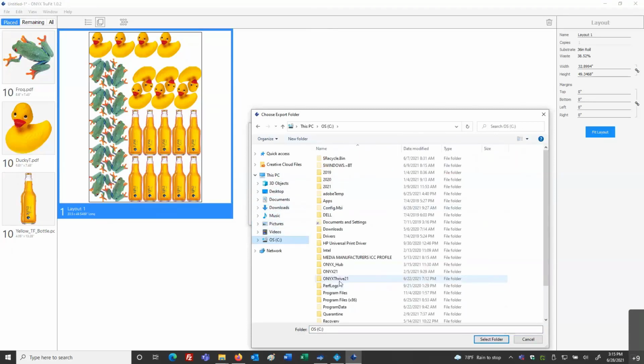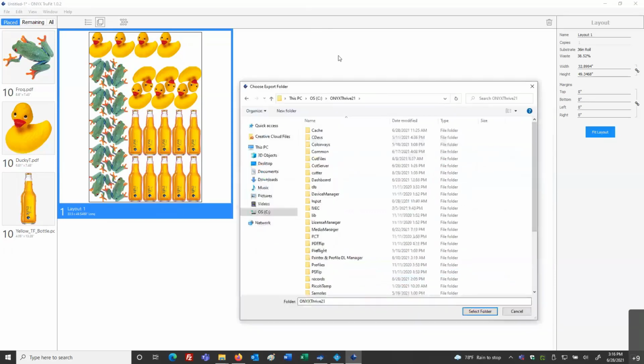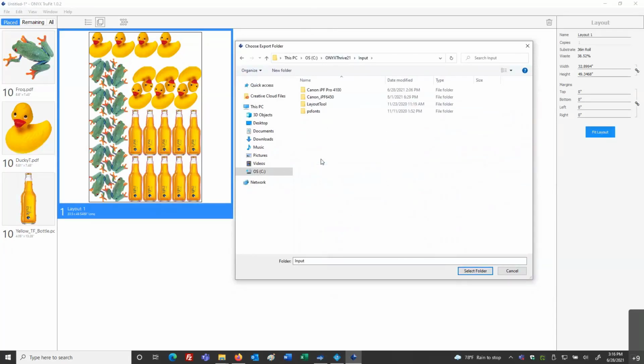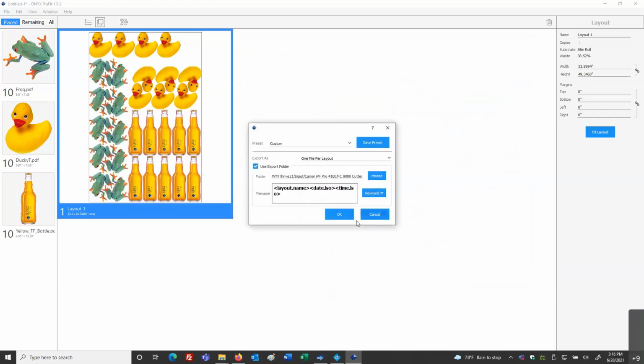Now, because I am using Onyx, I'm going to go into my RIP folder, and in my RIP folder, I'm going to go into my hot folder. I happen to have in my printer a hot folder designated for a certain cutter model. Remember, hot folders are quick sets. So I'm going to put my file into that location.